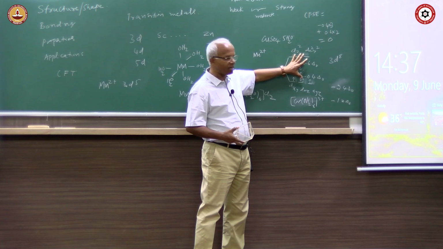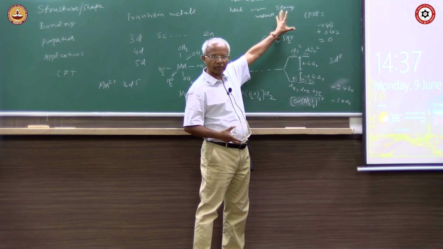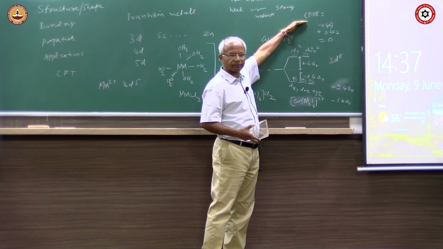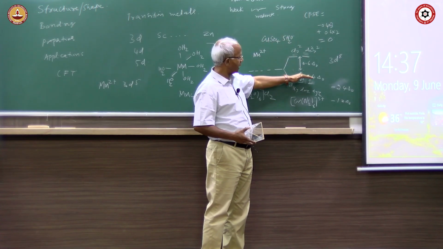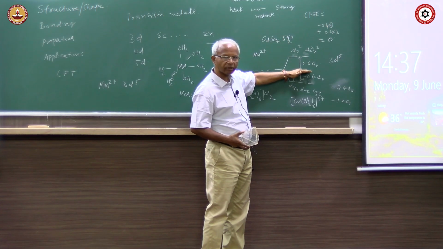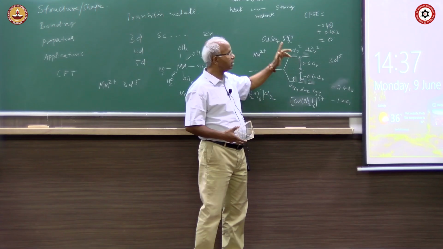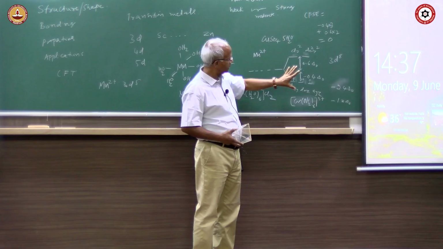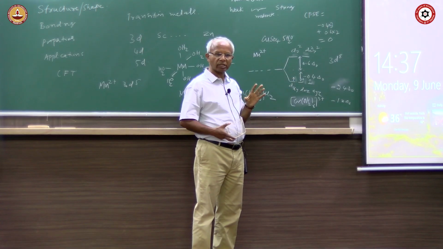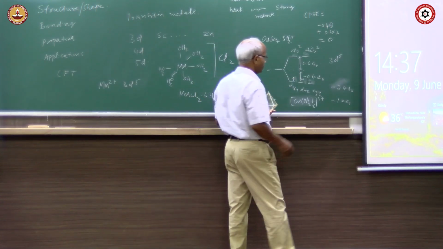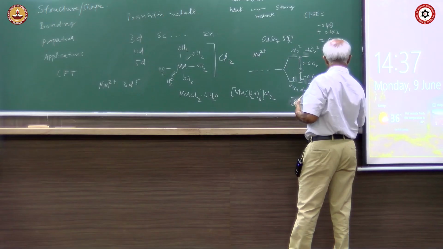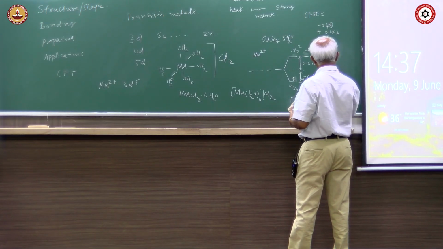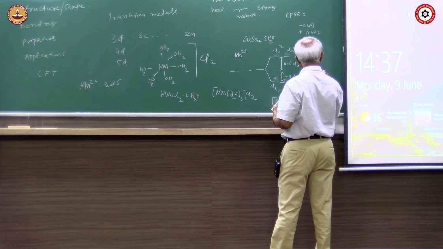So, the stronger the ligand, the higher this separation. If you have a cyanide ligand, this level will be somewhere here, and if I have halides, this level will be somewhere here. So, they become weaker and weaker if you have the weaker ligands. That means this energy separation determines also, this total what is called delta O can be equated to